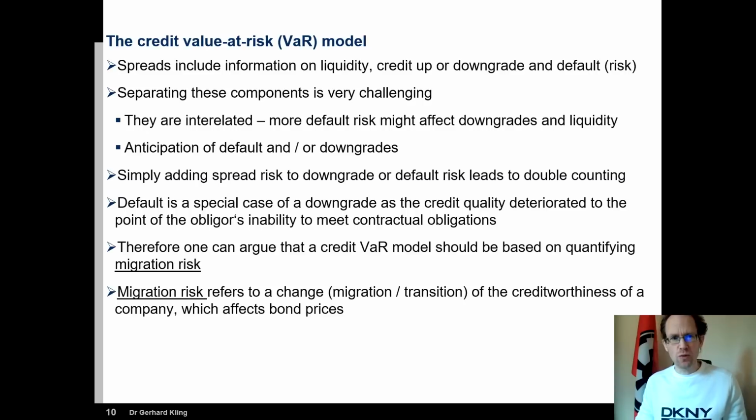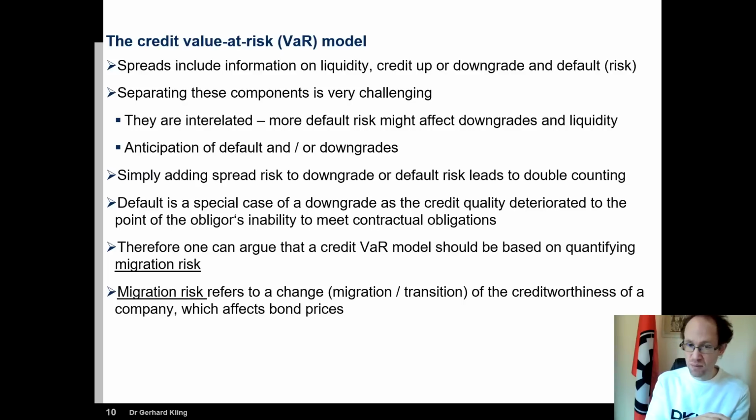Now, I'm quite sure you came across a value at risk model. Similar approaches are used in the context of assessing credit value at risk. That's of course another perspective, from a debt holder. Value at risk as a concept in risk management can be used on all sorts of metrics. And again, what they try to do is look at the different aspects of credit risk, which we discussed before. And of course, I argued that in the end, all of these things are driven by default risk. Another way to look at this is to argue we talk here about migration risk.